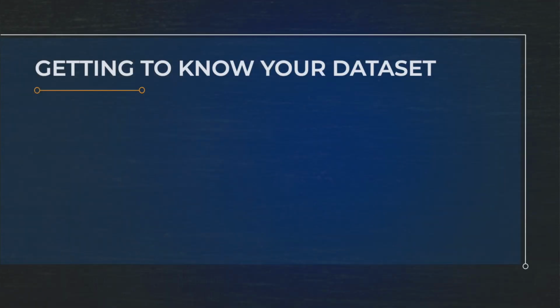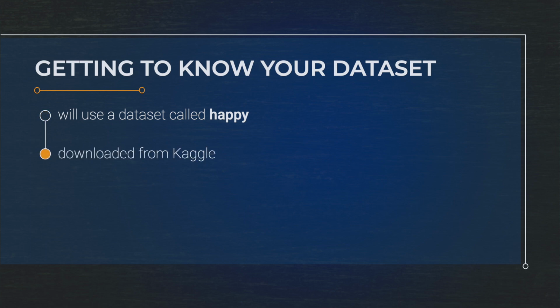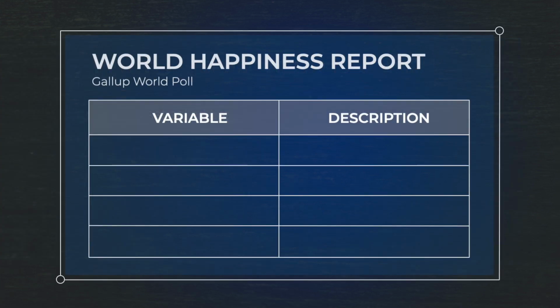For this series of modules, we will use a dataset called Happy. These data have been downloaded from Kaggle, which, in addition to being a site that hosts machine learning and data science competitions, contains a large repository of interesting and useful datasets. The original dataset was produced by Gallup, who conducted a worldwide poll to determine levels of happiness in different countries. This dataset also contains information like GDP and life expectancy, and so can be used to try to understand